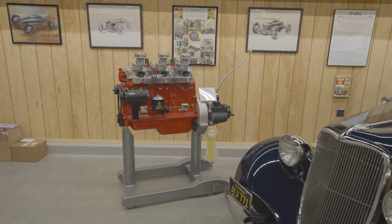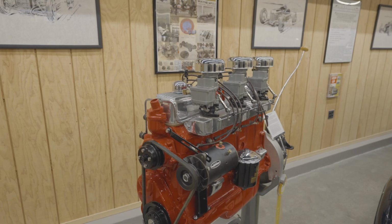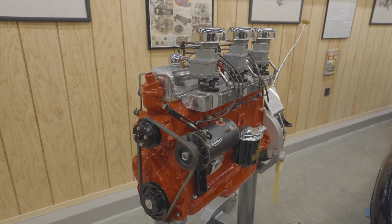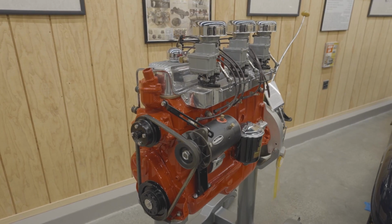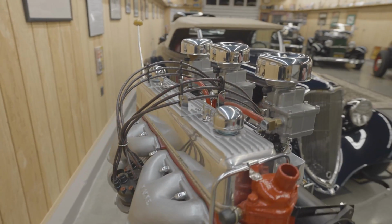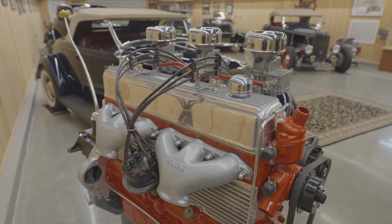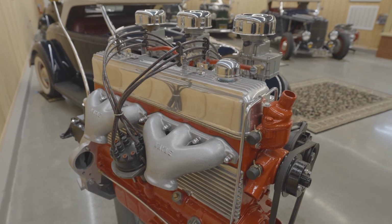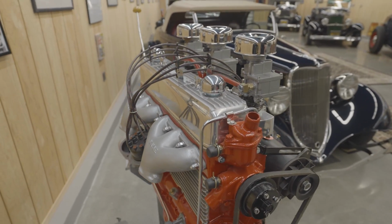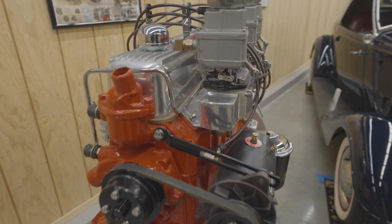And it's what they call a 12-port. Now, a 12-port refers to the cylinder head, where the Chevrolet six-cylinder was a very, very good engine, but it had a breathing problem in that the intake and exhaust ports were Siamese. So there were two ports, two cylinders for each port, and they couldn't get enough air and fuel in and exhaust out. So what Harry and Wayne did was they cast their own cylinder head, their own intake manifold, so